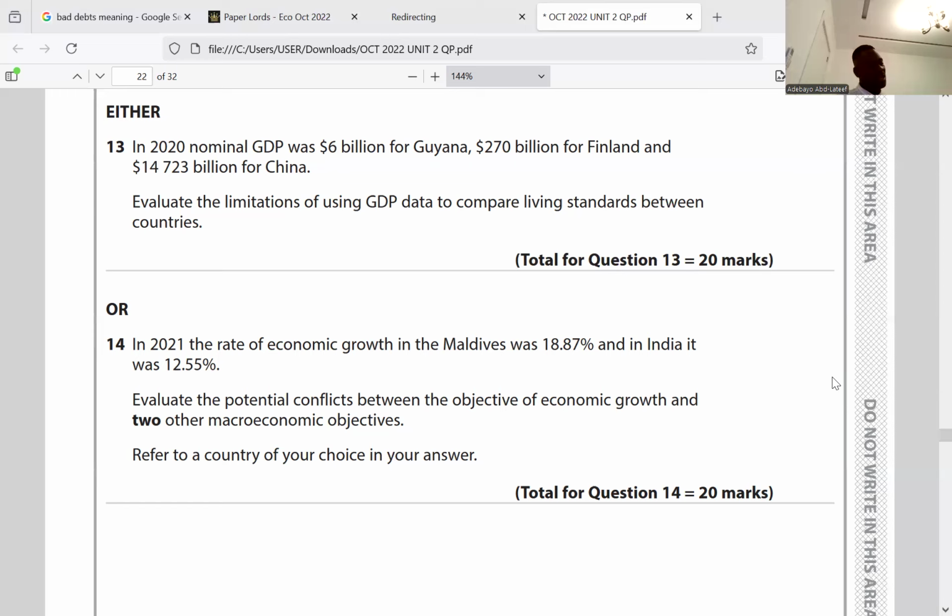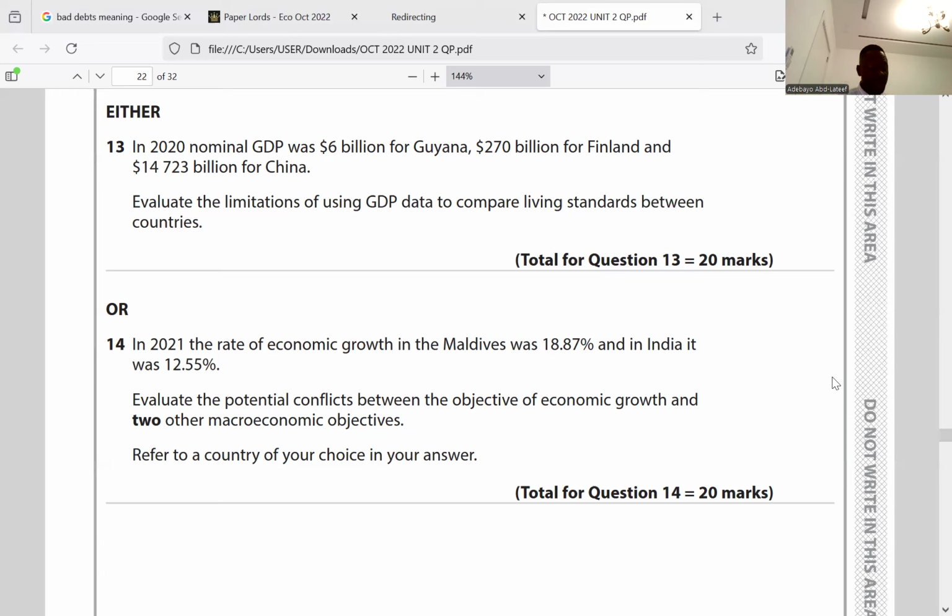You made 8 points here. 1, 2, 3, 4, 5, 6, 7, 8. That should contribute to higher average living standards, but may not deliver a more fair, equitable distribution of income and wealth. Yes, 1, 2, 3, 4, 5, 6, 7, 8. You mentioned 8 points here. You should have mentioned more. That's 16. What should I do? There are other things you could mention about macroeconomic. I think it deserves 20.